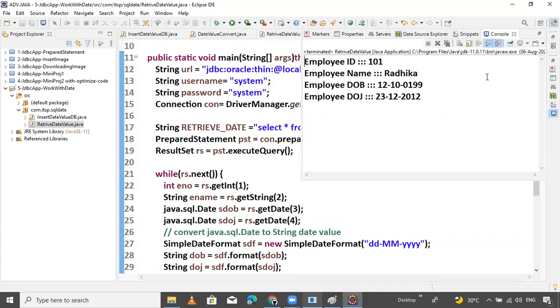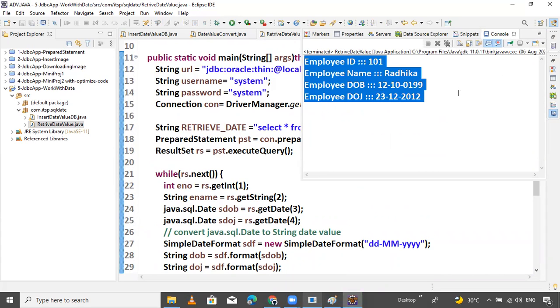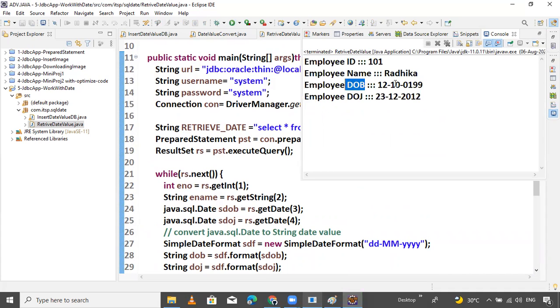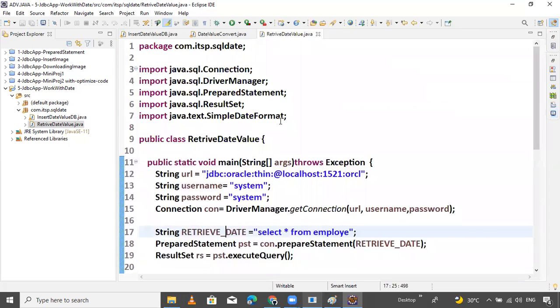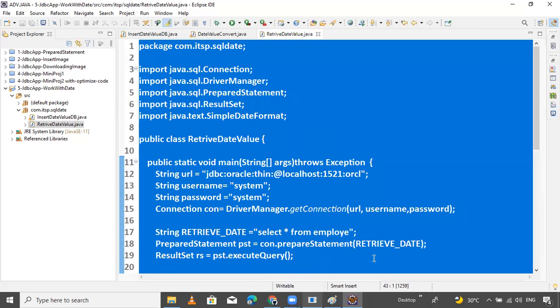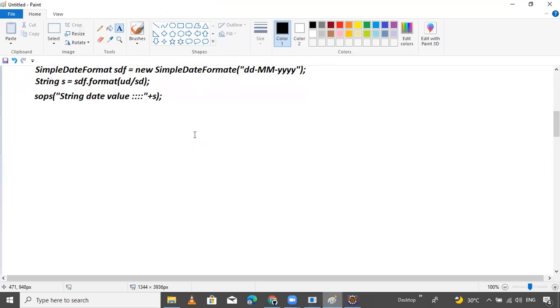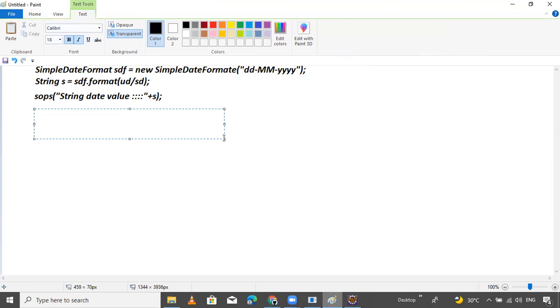Yes, now our data comes happily. This is the date of birth, this is the date of joining. So this is the total example.